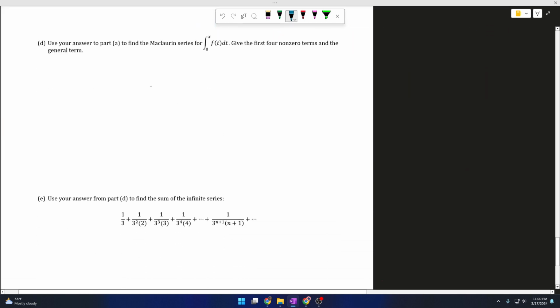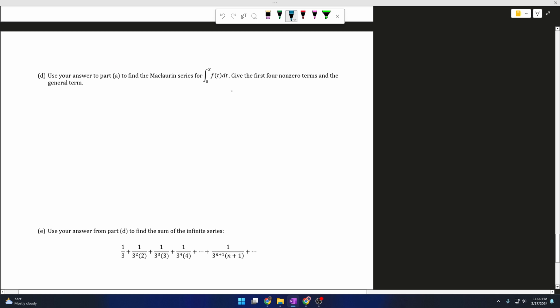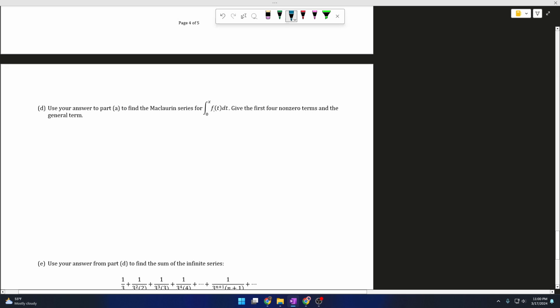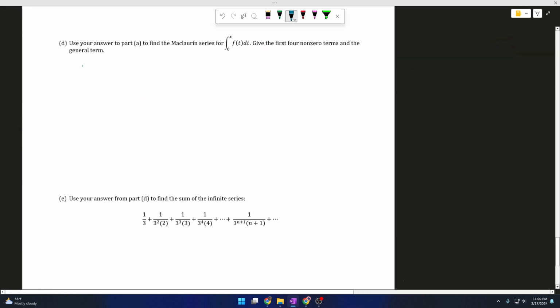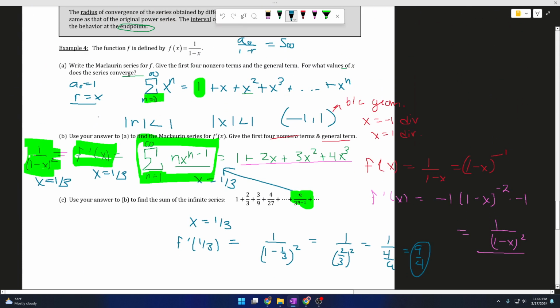All right, our last page of notes today. Use the integral from part A to find the integral. Use your answer to part A to find the integral of the Maclaurin series. Find the first four non-zero terms and the general term. We can go back up to A real quick. It was just this one. Yeah, just x to the n